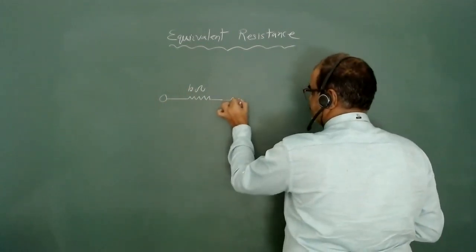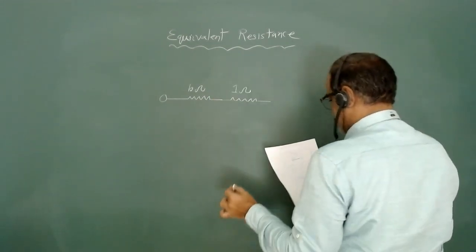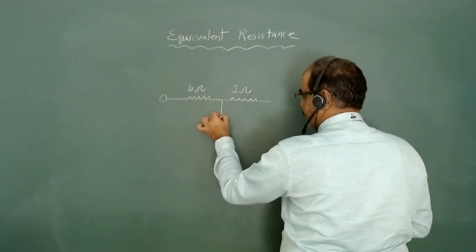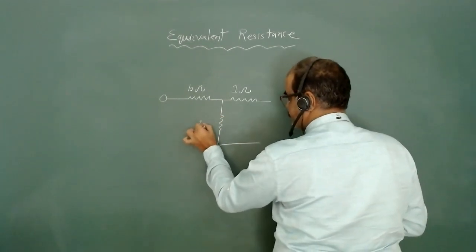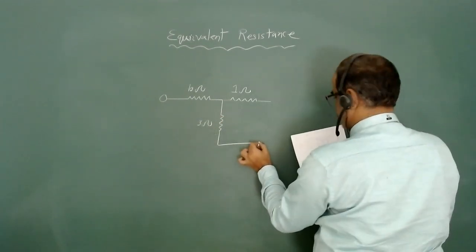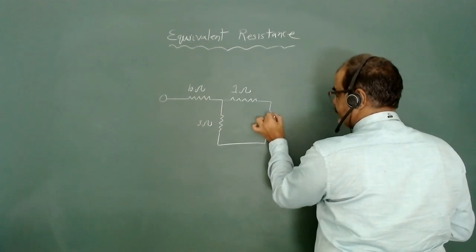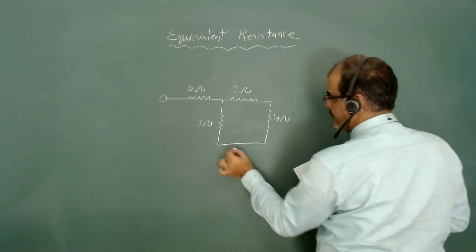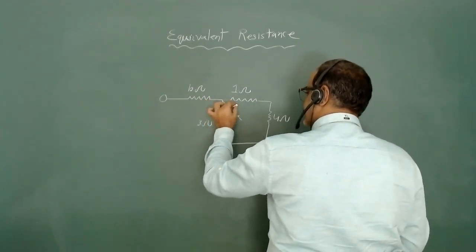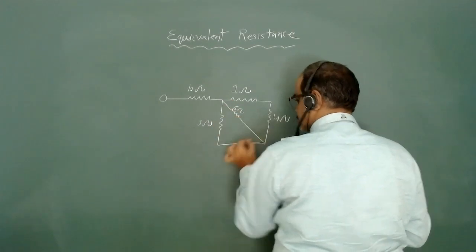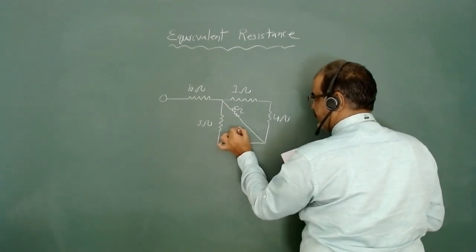I have one more resistance equal to 1 ohm, and across these resistances I have one more resistance of value 3 ohm, and here I have one more resistance of value 4 ohm. Now here I have one more resistance of value 6 ohms, and I'm connecting one more resistance here of value